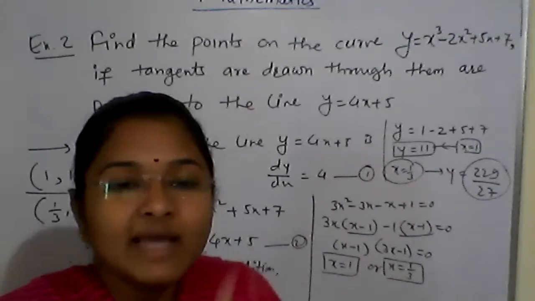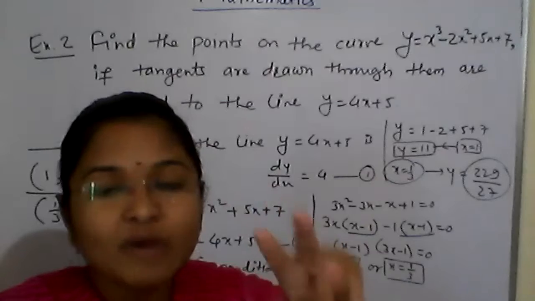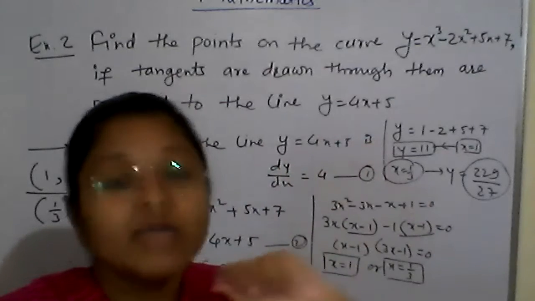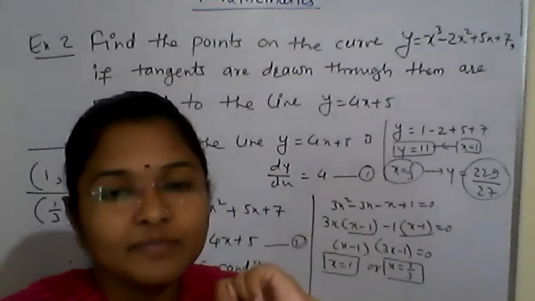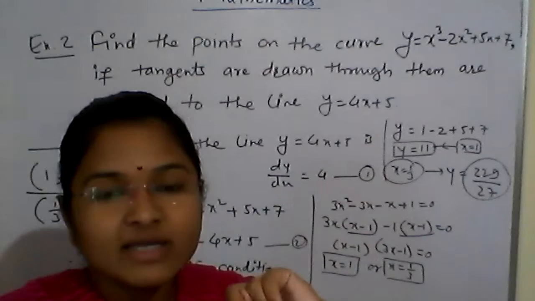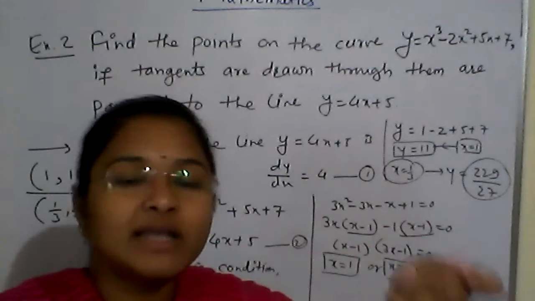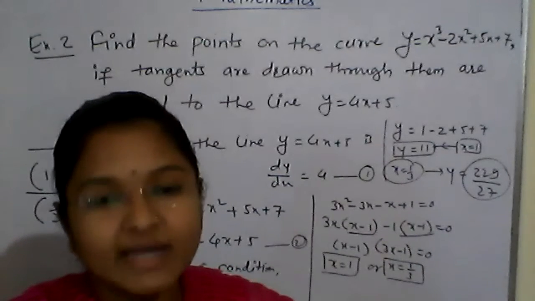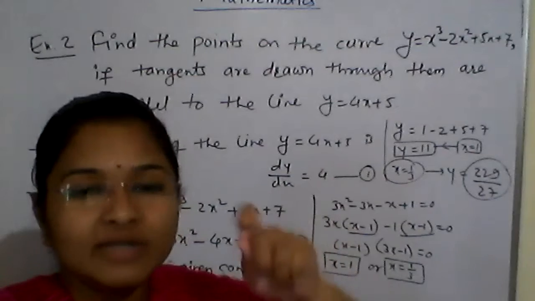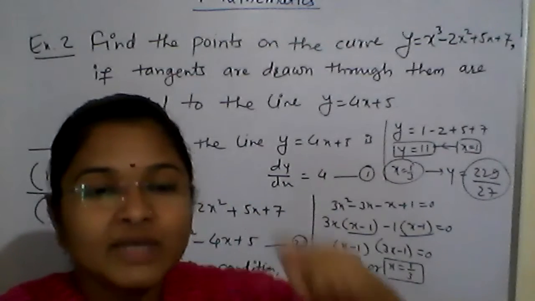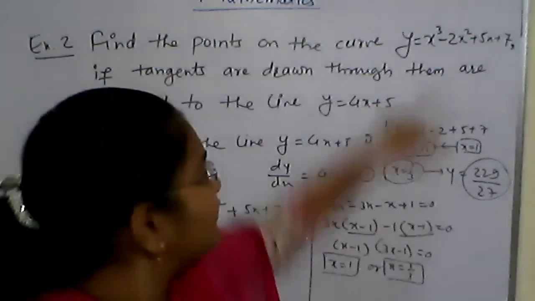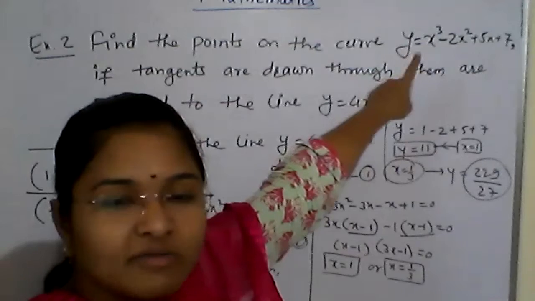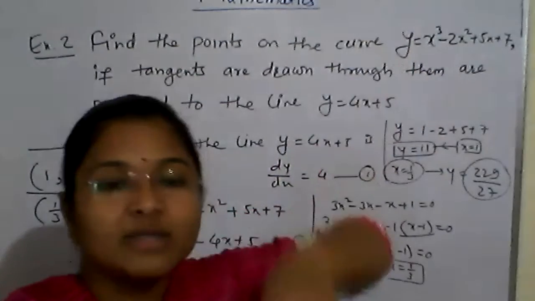Because if the line is equal. Okay, getting this, if it is perpendicular, then also we can get the slope of the tangent, and if we know the slope of the tangent, then we can equate that slope with the derivative of this curve, and this derivative of the curve is the slope of the tangent.